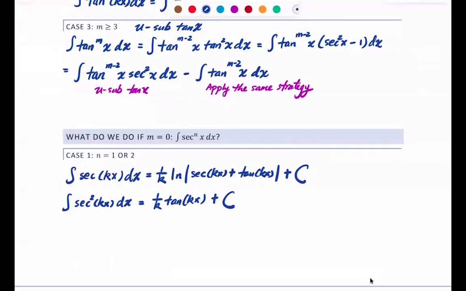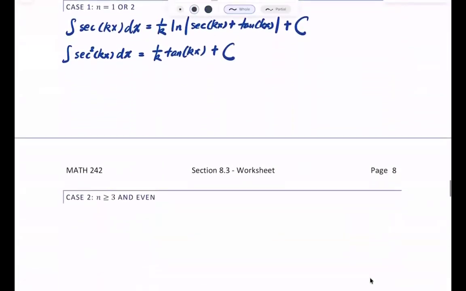We can apply the formula directly. Okay, it gets interesting if n is greater than or equal to 3. But this time we break it up into even and odd. Okay, if it's even,